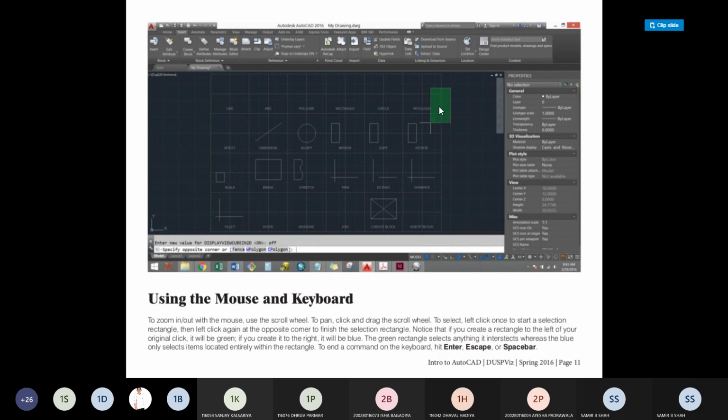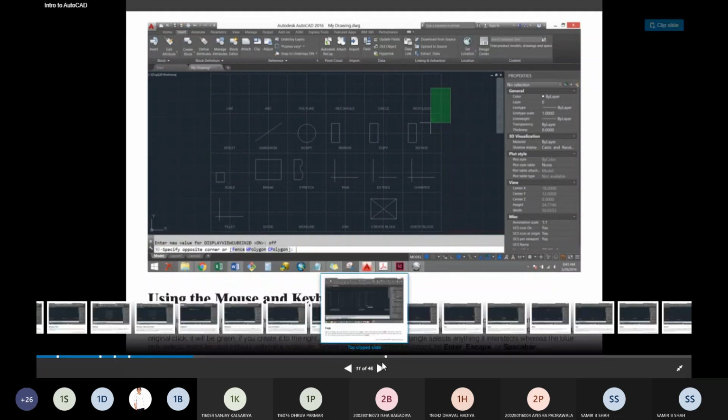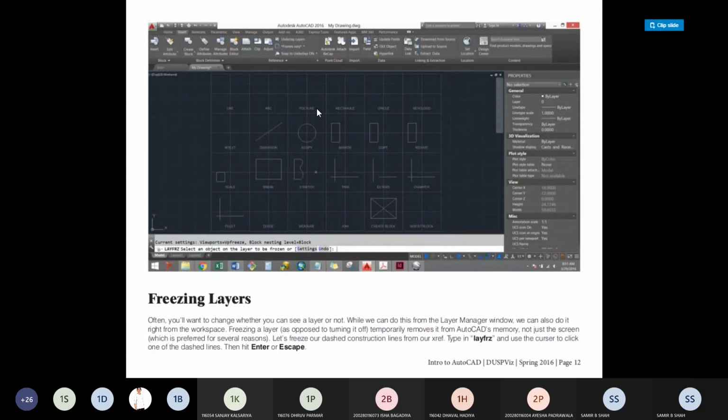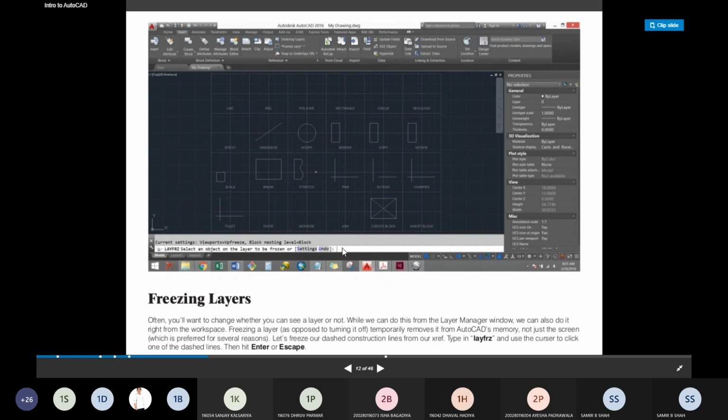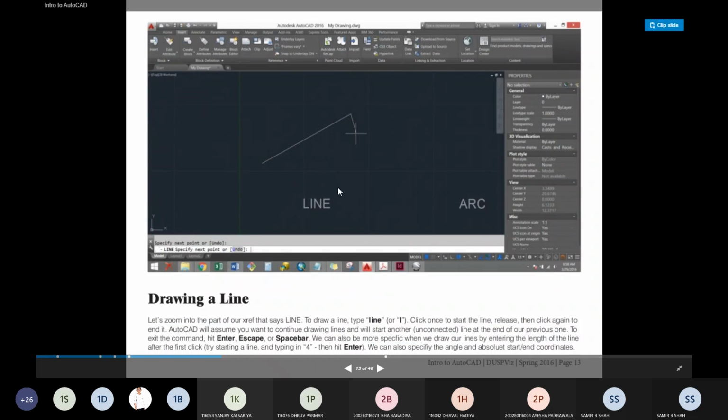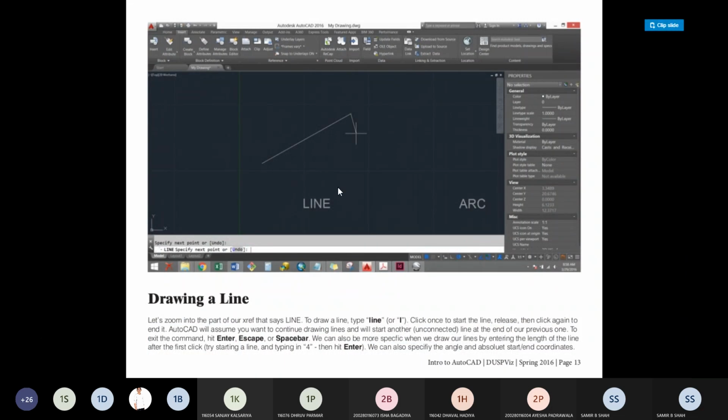To end a command on the keyboard, we have to use either Enter or Escape. Okay, we can use either Enter or Escape. Freezing layer. Actually, it may not be used right now. So I'm just keeping it and starting with the first command, and a very important command,